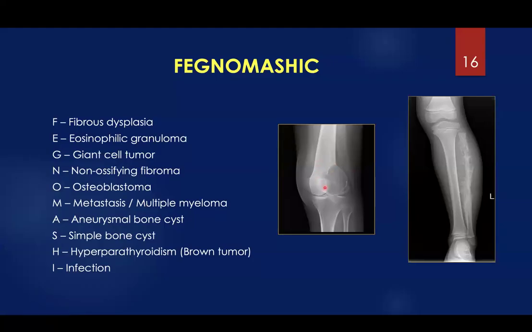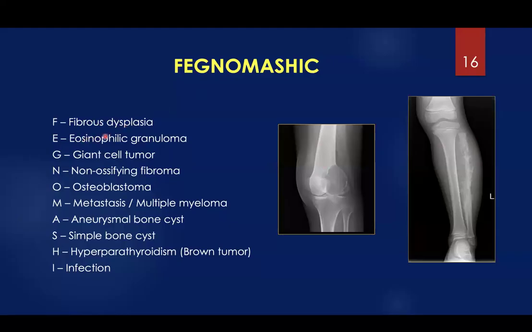This tumor here is a giant cell tumor. It's a benign aggressive disease, while this tumor, in this area, is a permeative pattern of bone destruction. It is a patient of mine, and his diagnosis is Ewing sarcoma. But back in our old days, they would all be reported as "phagonomasic", which is F